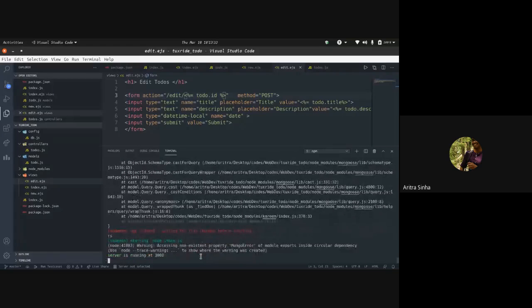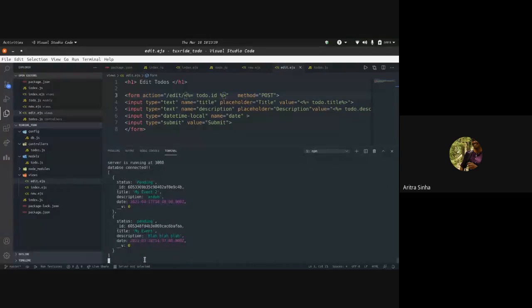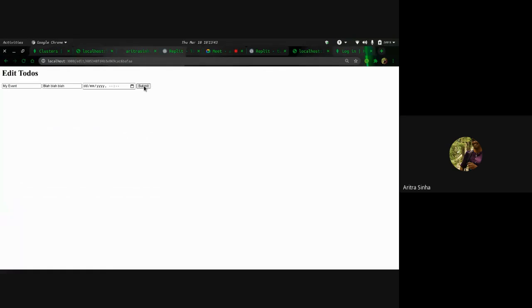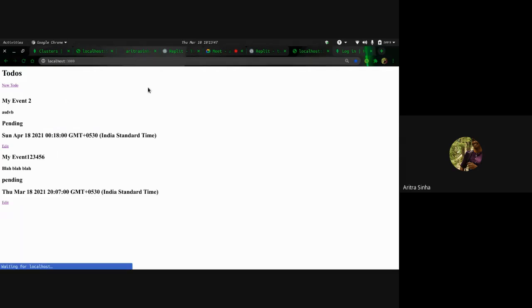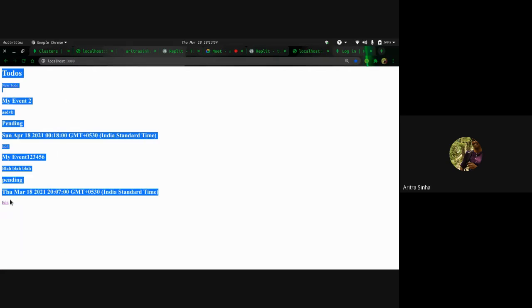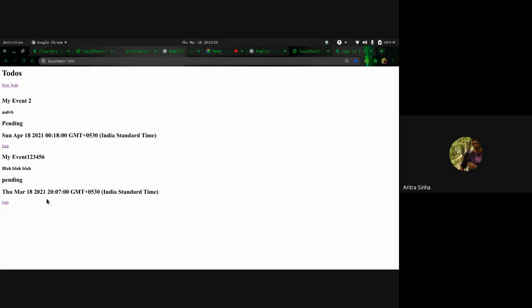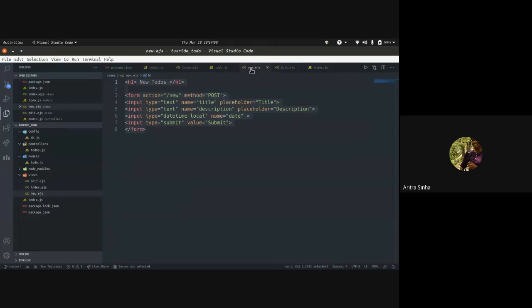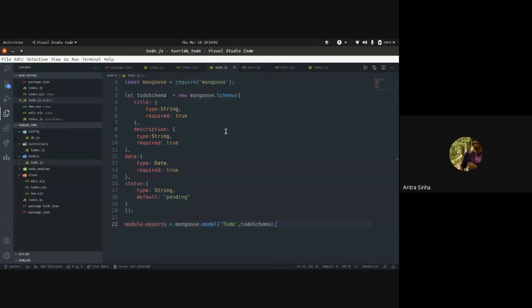We'll restart the server again. Okay, it's working. So we'll change a few numbers, and see, it got updated right here. So we have create function ready, we have view function ready, we have edit function ready with us. Now let's go ahead with delete and complete, and we'll be done with it.